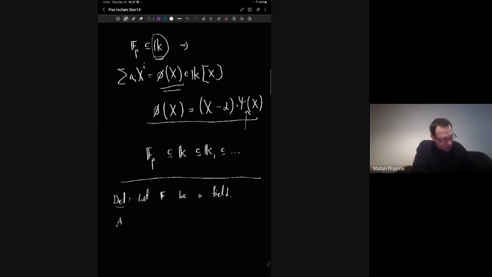A polynomial in two variables over F is an expression of the form